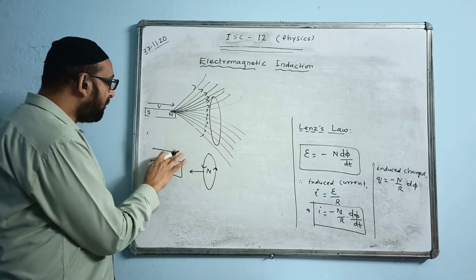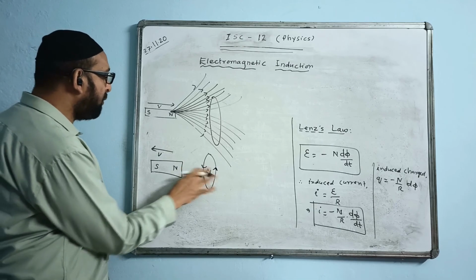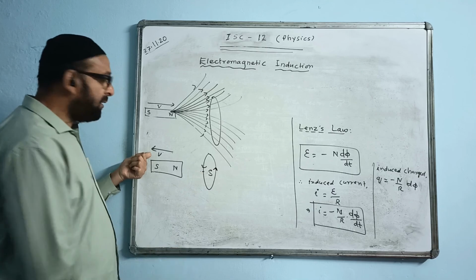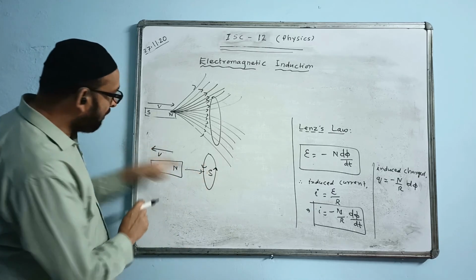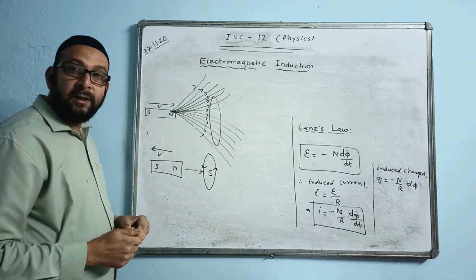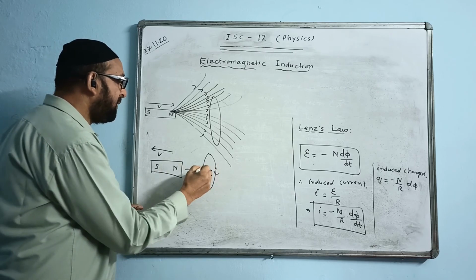If the magnet is moved on the opposite side, this side, with velocity given in this direction, how can we oppose the motion? This motion can be opposed if a south pole is created in the coil. South will be attracting the magnet on this side. Now this motion is opposed by the magnetic pole created there. If it is a south pole, what direction will the current go? In a clockwise direction, this way.